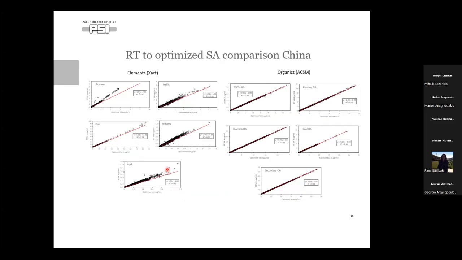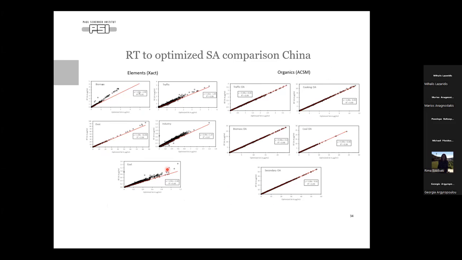And then the question is how well this real-time model works. And the answer is, if it is set up properly, then it works quite well. So here we can see the comparison of the real-time source apportionment results compared to the optimized source apportionment approach that we did. And of course, this is the best case scenario because we did an optimization prior to the real-time application.